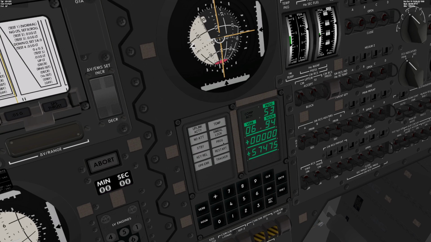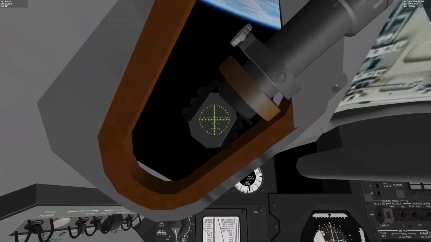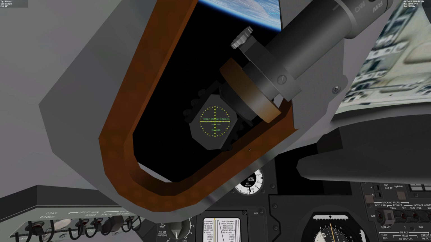That program alarm was because I took mark with Q instead of enter. Force of habit. Hitting proceed here, just verifying the COAS angles, and now we can go in the opposite direction, right? Because we're towards the Earth, so we'll need to acquire a star sort of pitching down more. And I will pause, and I'll be back when I've found another star,